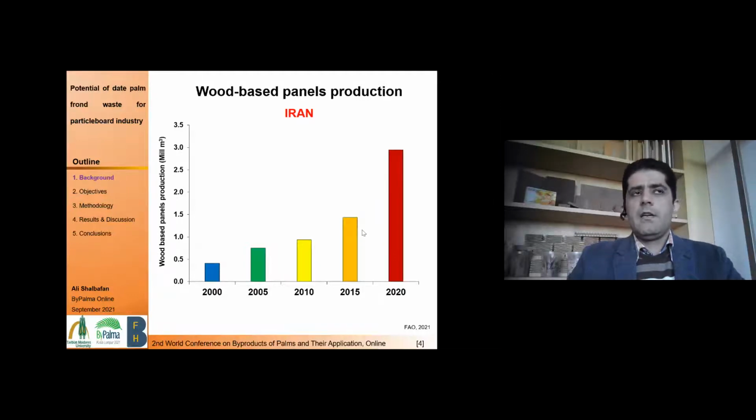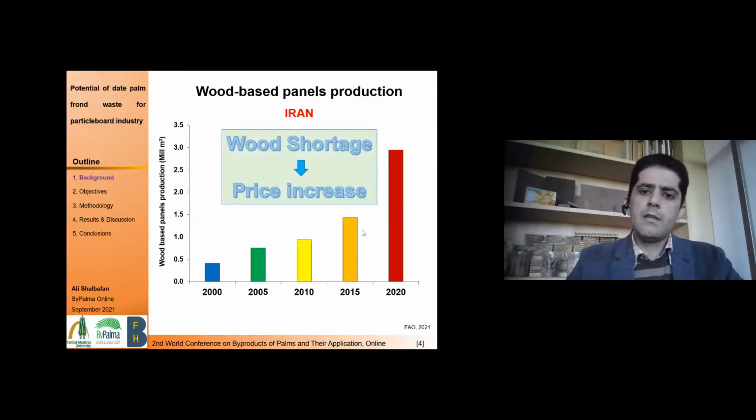Of course, the major problem for such an increase in the world and even in Iran is the raw wood shortage, and the wood supply creates big competition between the wood-based panel producers as well as with the bioenergy sector, and this competition led to an extra increase in the wood price,